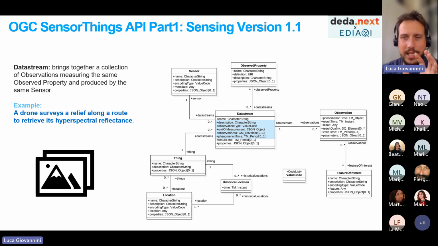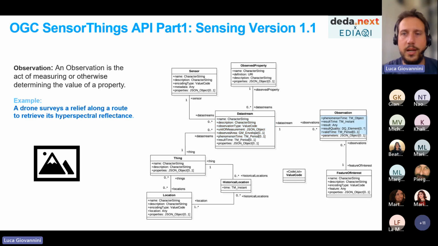So this entity, data stream, does not contain the measurements. It's just like the title, the manifest, the metadata for the time series that it's connected to. I hope this is clear.